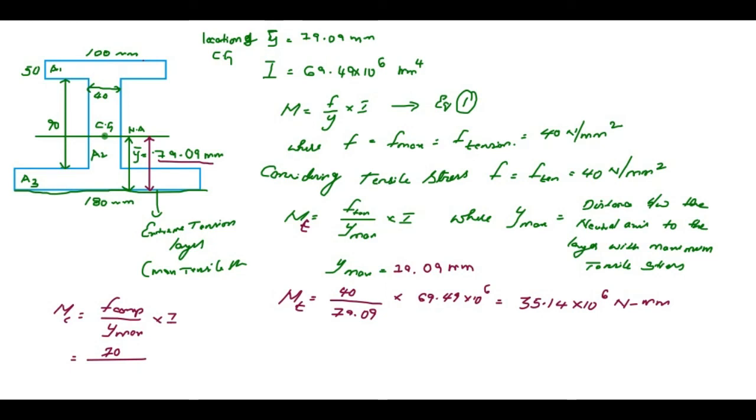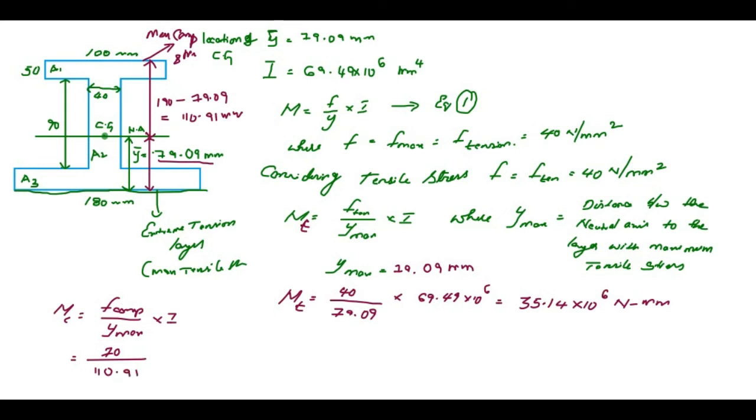So where will the compressive stress be? Here, maximum compressional stress. So how much is the distance between these two? What is the distance between the layer in which maximum compression is there and neutral layer? This is nothing but 190, overall depth, minus 79.09, which would be around 110.91 mm. So this is nothing but Ymax in this case when you are using compressive stress.